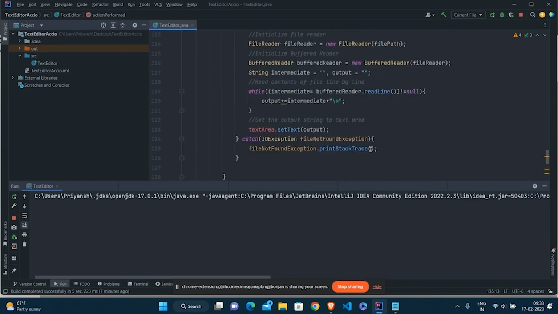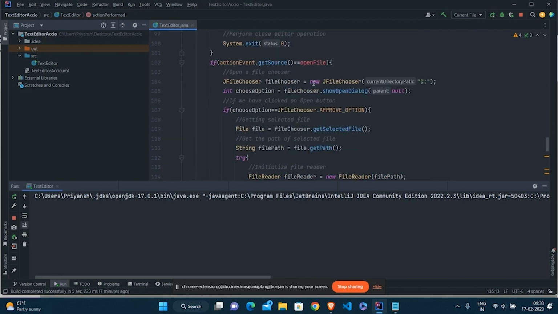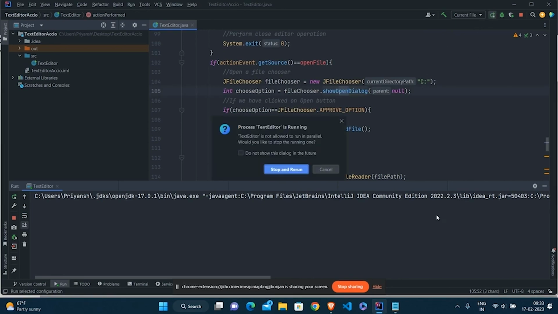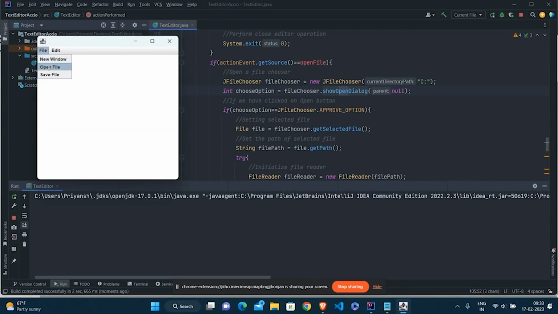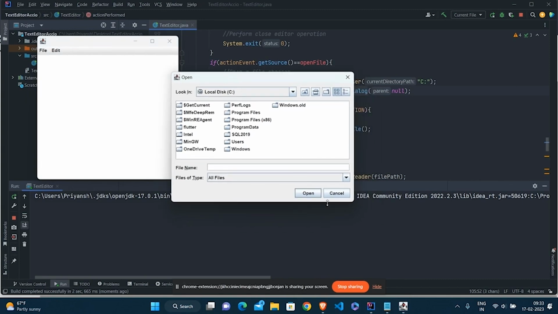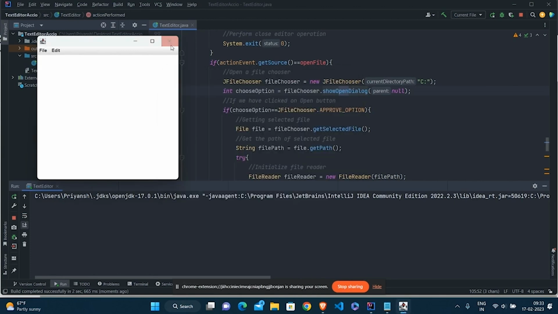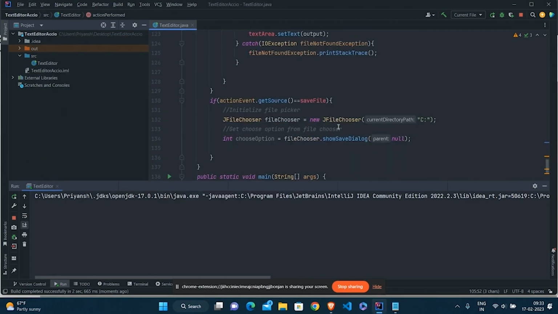When I open up a file chooser, the approve option was the open button. If you click on stop and rerun, and go to open file, you can see the approve option was the open button. If I want the save button to be here, I need show save dialog, not show open dialog.